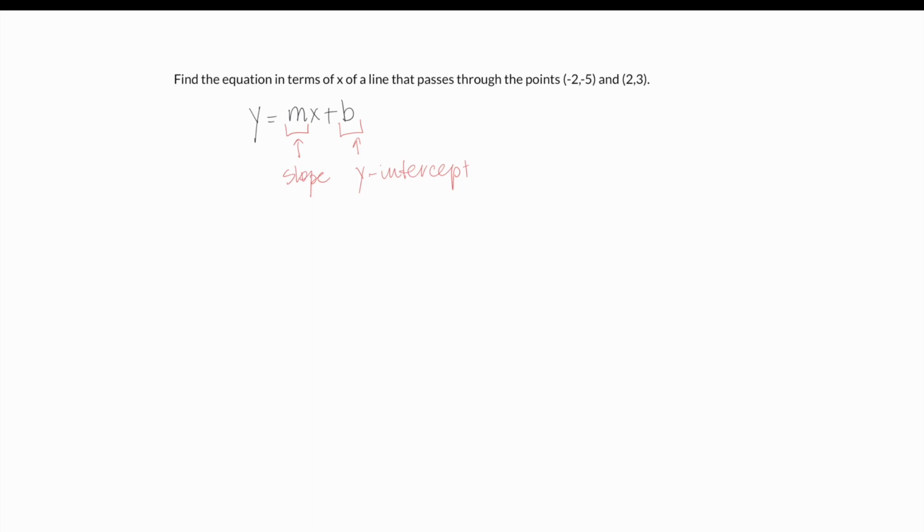Well, first we're going to try to find the slope, m, and plug that into the equation where we see m. To find the slope when you have 2 points, we will use what's called the slope formula. It reads m equals y2 minus y1 over x2 minus x1. The y2 and y1 on top